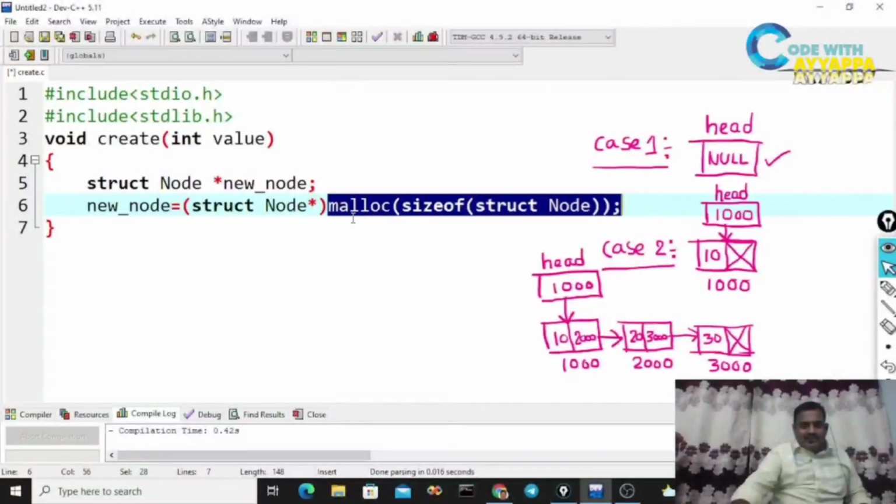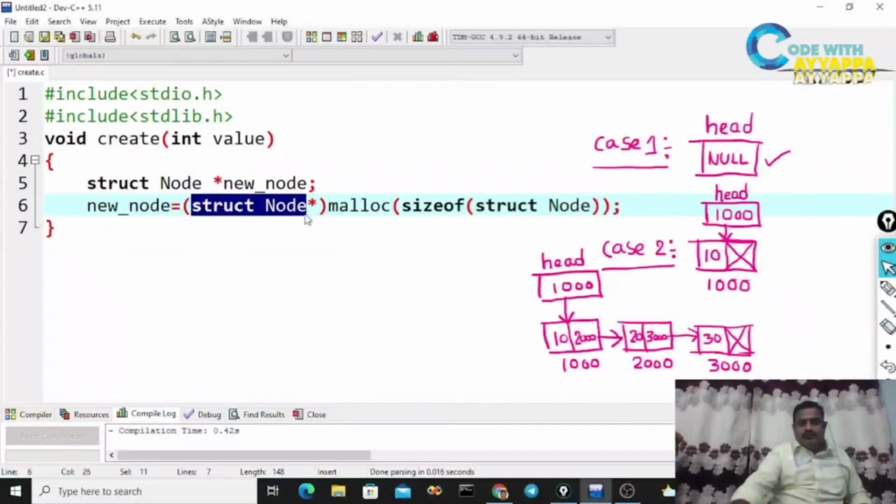Then it will return a void type pointer, so we need to typecast to a struct node type pointer. That is the reason I am writing this struct node star. The void pointer is typecast to struct node type because the memory location contains struct node type data. Now that memory location address will be stored in new_node.